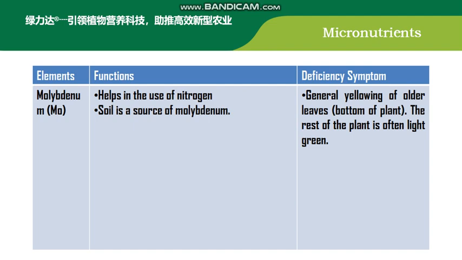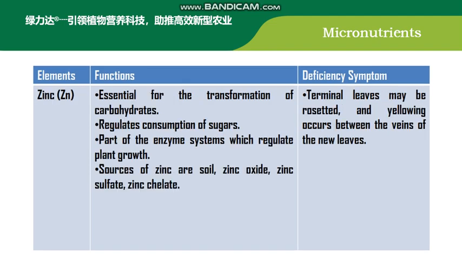Deficiency symptom. General yellowing of older leaves, bottom of plant. The rest of the plant is often light green. Elements. Zinc, Zn, functions. Essential for the transformation of carbohydrates. Regulates consumption of sugars. Part of the enzyme systems which regulate plant growth. Sources of zinc are soil,